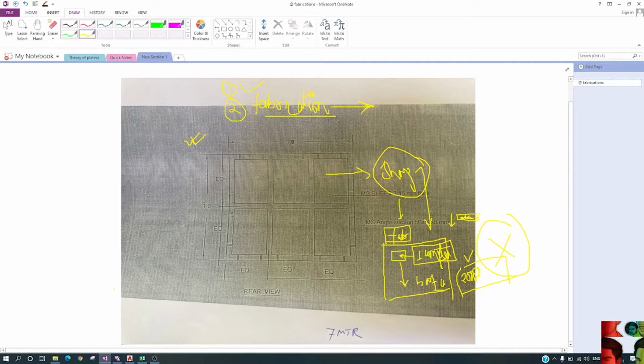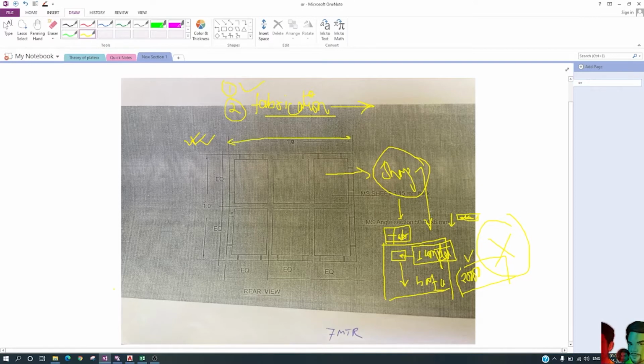And second, why do we use a shop floor drawing? If we directly send this image of the shuttering plate drawing to our factory, in this drawing only two dimensions are mentioned.